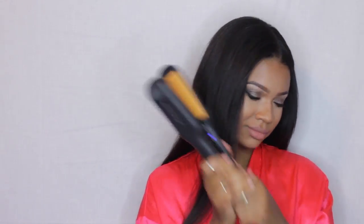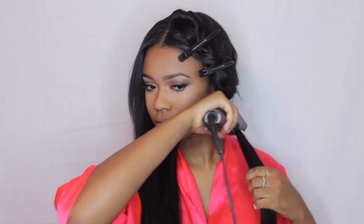I've switched this bad boy on and I'm ready for action. So I'm taking my paddle brush and just brushing through my hair. This is to further blend the extensions in my natural hair all together like one big happy step family, you know, you feel me? I sectioned off the bottom part because I wanted to show y'all how silky straight you